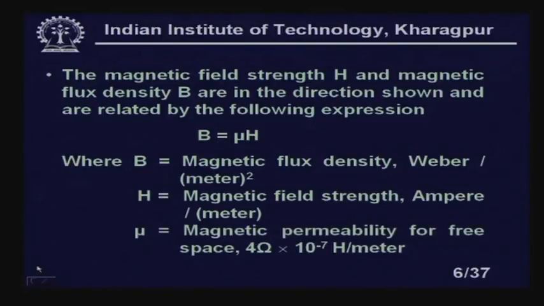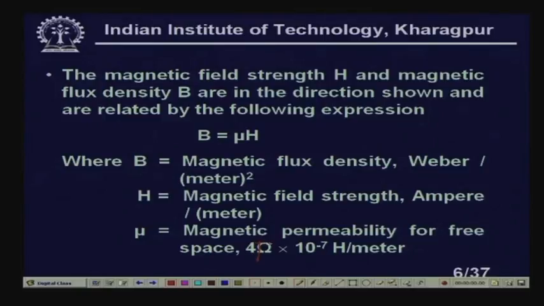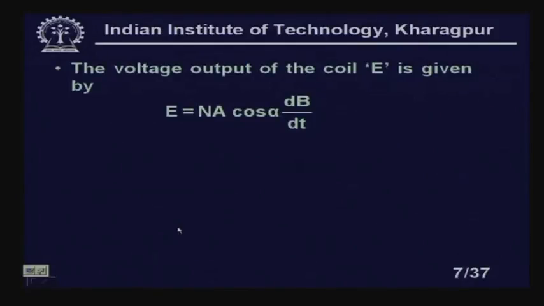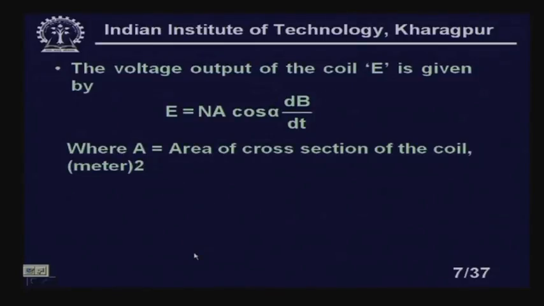Right. Again, I am reminding you this is pi, not omega. The voltage output of the coil E is given by E equal to N into A into cos alpha into dB by dt. That means the derivative of the flux density with respect to time. Now, obviously, it will be dH by dt because mu will come out, which is supposed to be constant for a medium, where A is the area of cross section of the coil, which is in meter square, obviously in